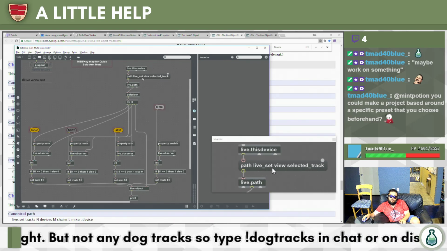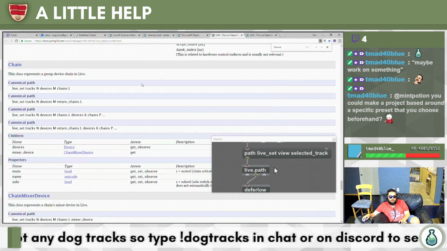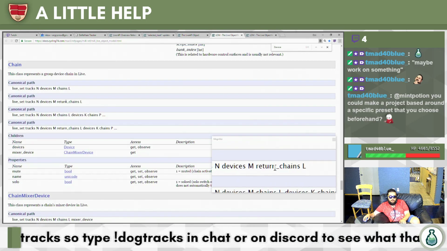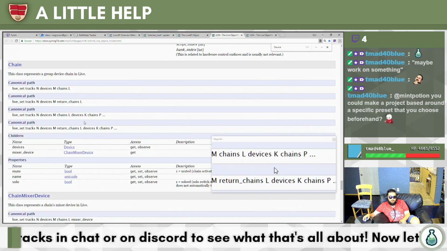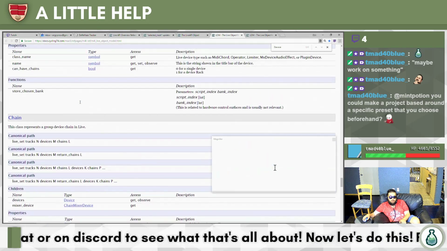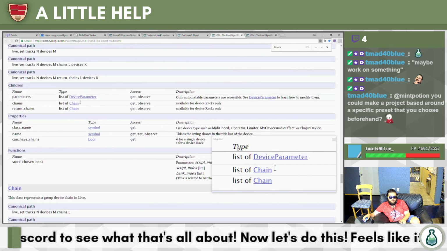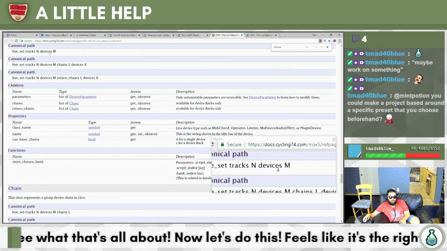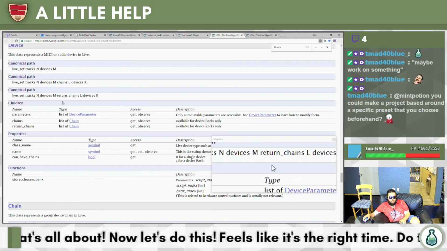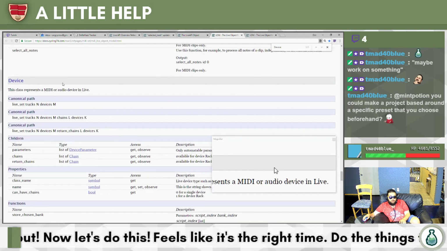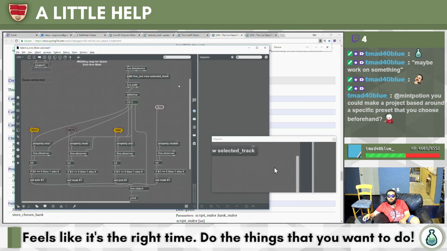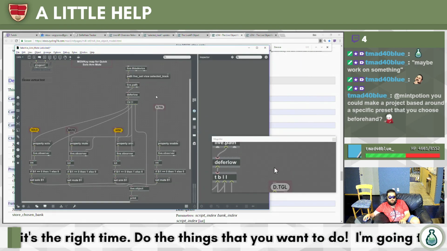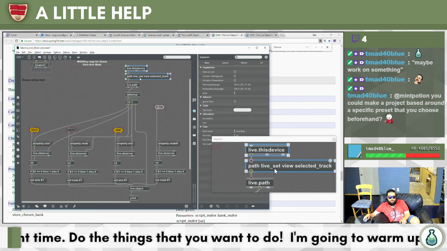Well, view selected track. Devices. Yeah, live set tracks N, devices M, where N and M are two different identifying numbers. So I'll copy this as well.